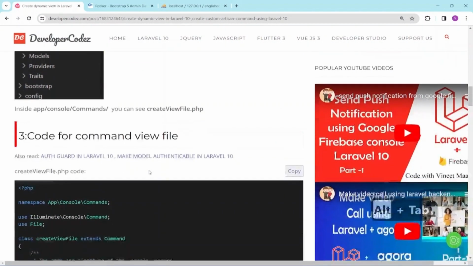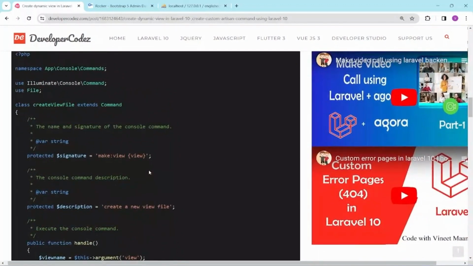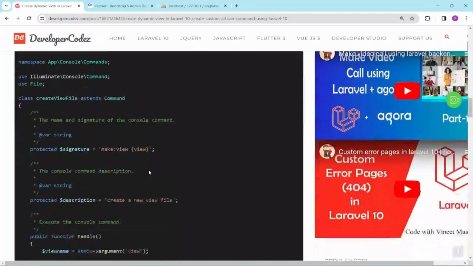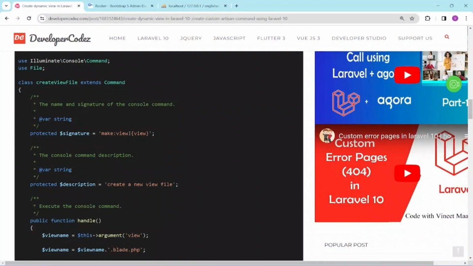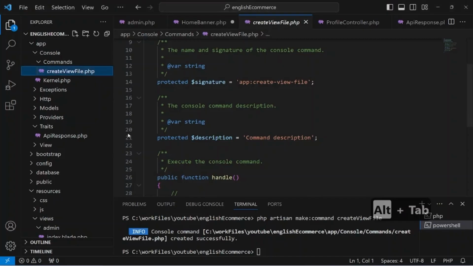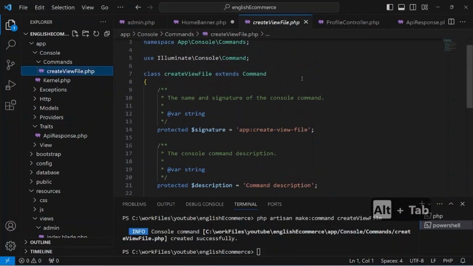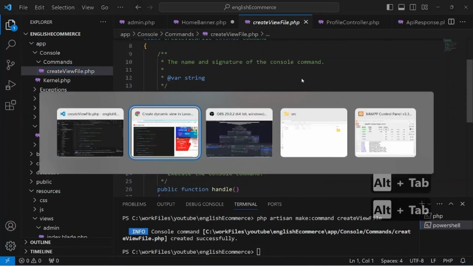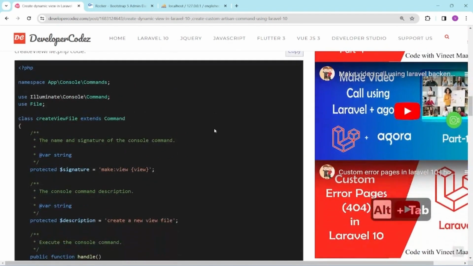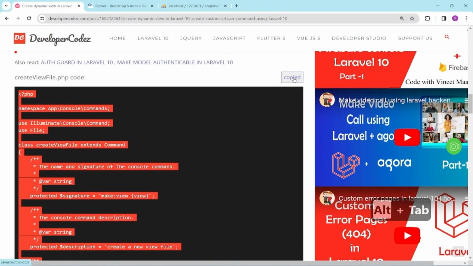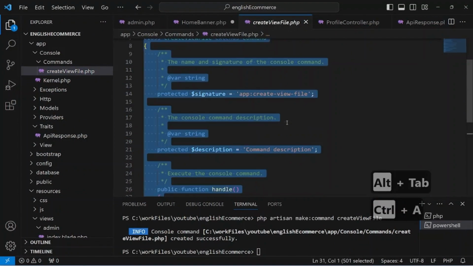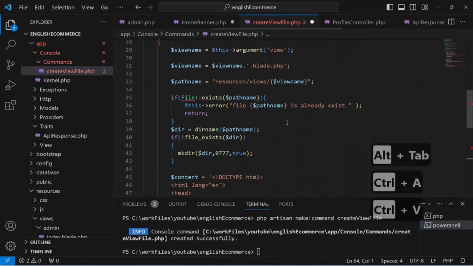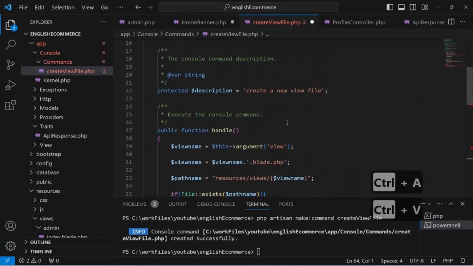And now this is our make view file, make view, but we'll set up this app create view file. Okay, copy this, paste it over here. Right,